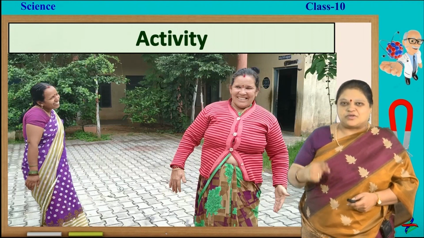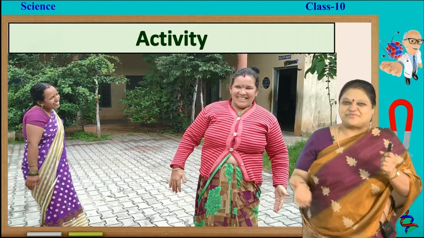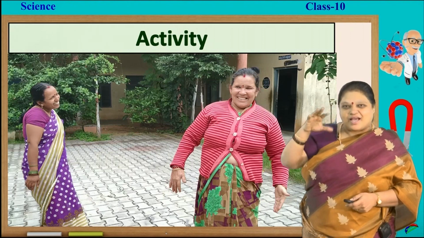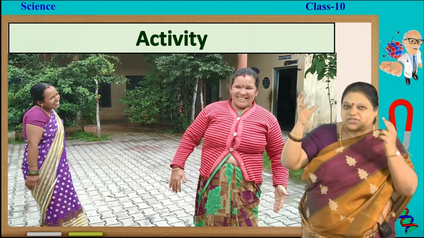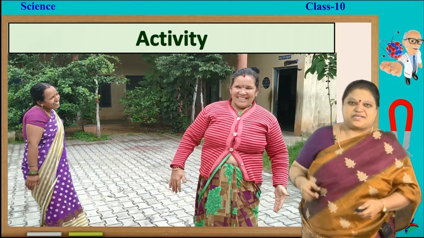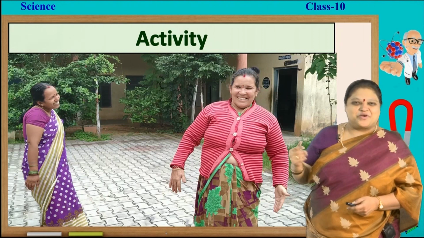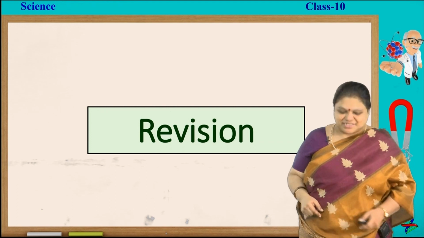But once you control and practice, then you can do both the activities, just like this when we do puja. That is mainly possible because we have practiced that, and our brain is sending from both sides impulses simultaneously. So by practice you can come to perfection. I hope you enjoyed this activity. I want to do one more activity before doing the revision.